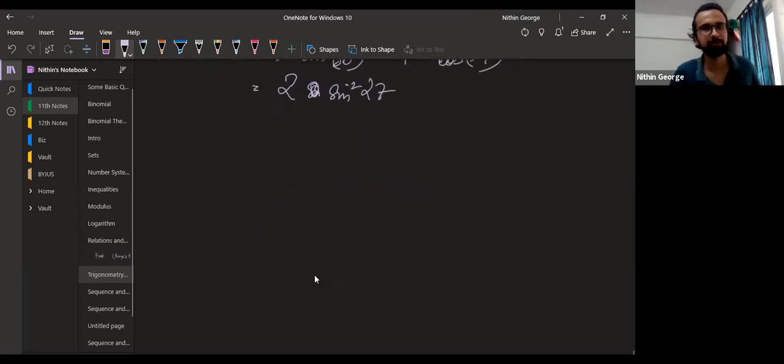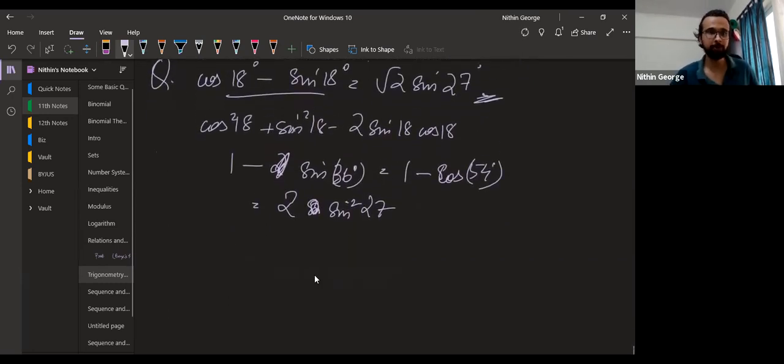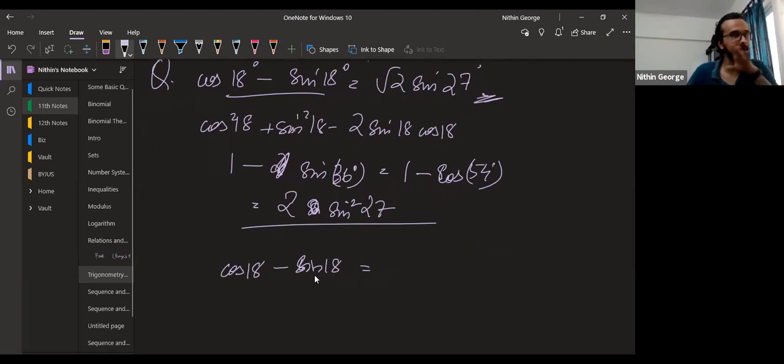That's absolutely fine. Right. The method I wanted you guys to notice, and from now I want all of you to notice, I'm not saying disregard this method. This method is absolutely fine. But I also want you to understand this one properly. This is used in many other situations as well. So I see cos 18 minus sine 18. So in your mind immediately, cos theta minus sine theta is what I have.